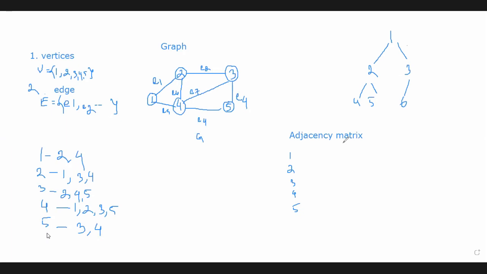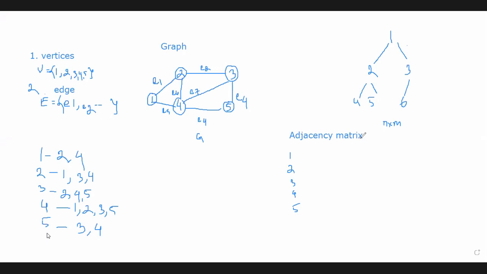That means a 2-dimensional array. This is an n into m array, where n is the number of rows and m is the number of columns. So here these are our rows. In this row we'll try to find out which nodes are the adjacent nodes of 1, and in this row we'll create some relationship with the other nodes. Okay, so what about the columns? Now which value should be taken?